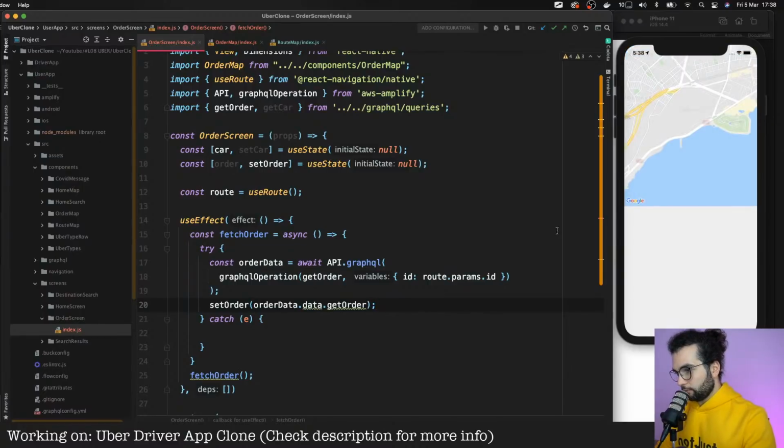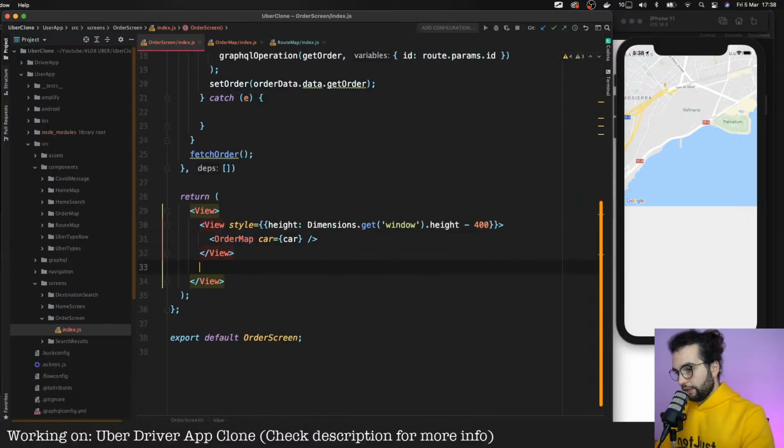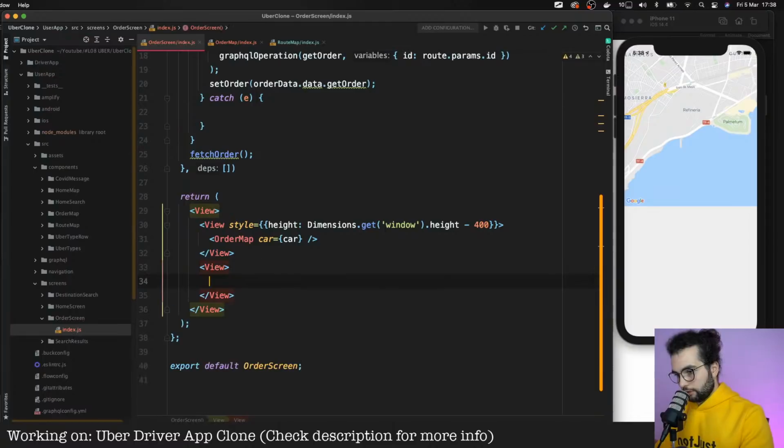Let's save. And we don't see anything, but if we want, we can have, I don't know, a View here down below with a Text saying order status, just simply so we can know that it actually works. It will be order.status.